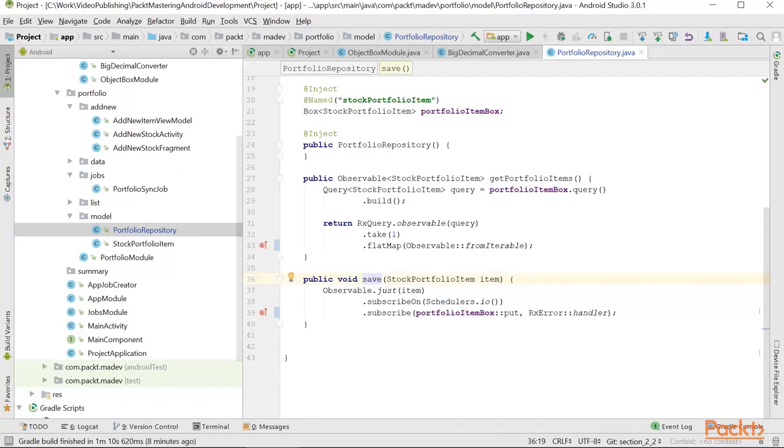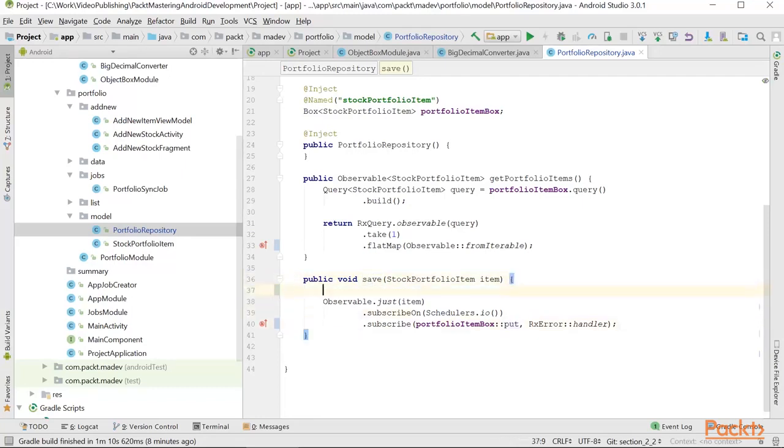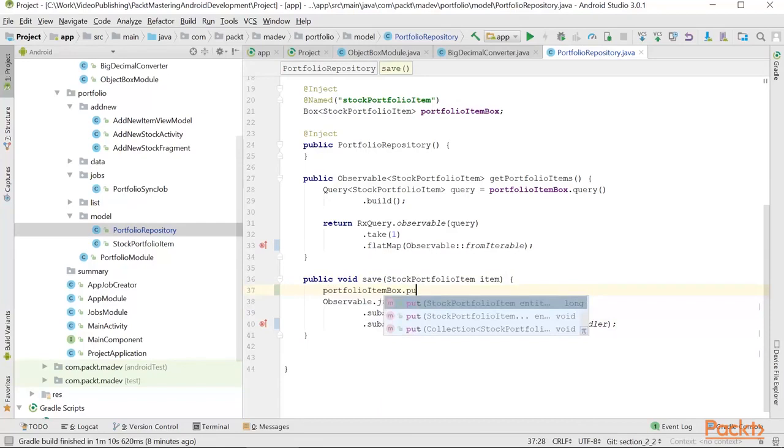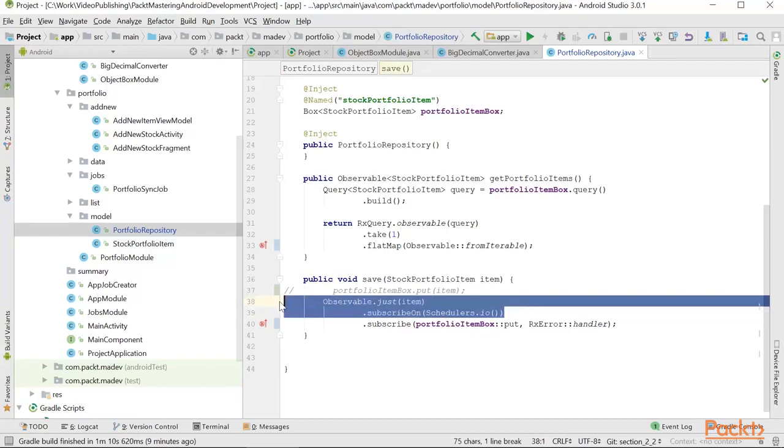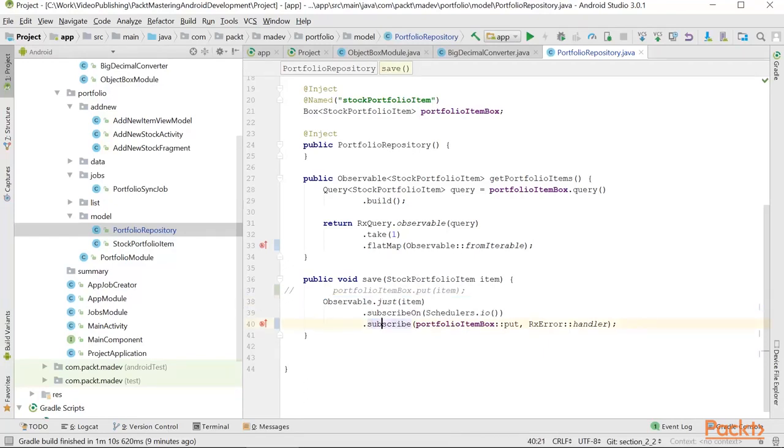We just use a method called put to store the class. We cannot use it this way to call it straightforward, because it's going to be most likely executed on Android main thread, which will cause ObjectBox to throw an exception. So we just wrap it in observable, make it to be executed on IO scheduler, and then it can be